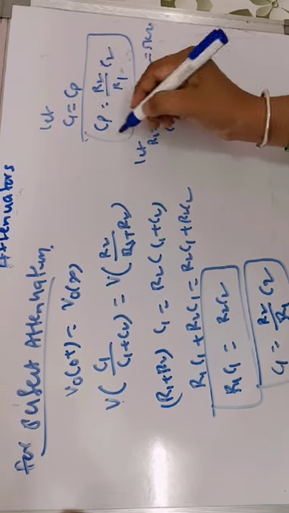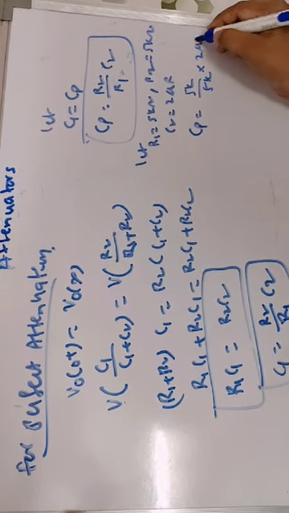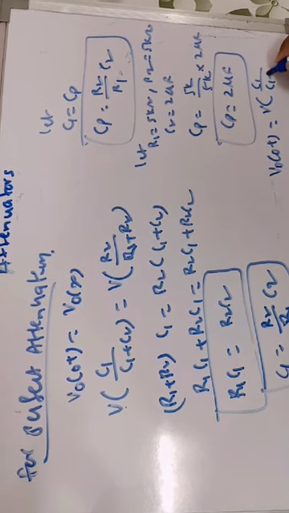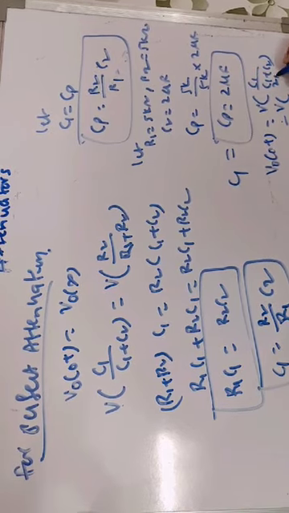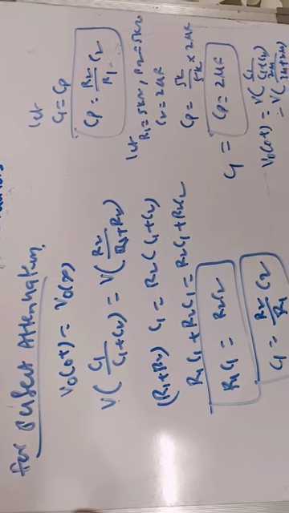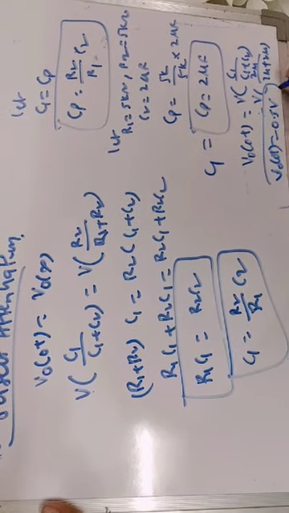For perfect compensation, what is the value of CP required here? CP is equal to 5 kilo ohms divided by 5k into 2 microfarad, so the capacitance required to be connected in parallel with R1 is 2 microfarad for perfect compensation. So what will be the output voltage? V0 of 0 plus is V into C1 divided by C1 plus C2. For perfect compensation C1 is CP, 2 microfarad, and C2 we have considered 2 microfarad. So it is 1 by 2, 0.5 into V. V0 of 0 plus is 0.5 into V.